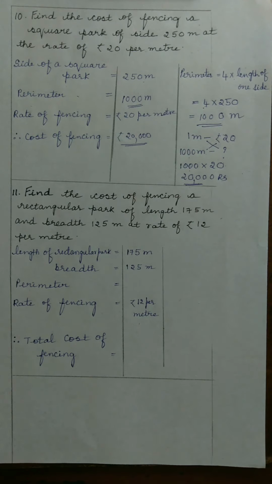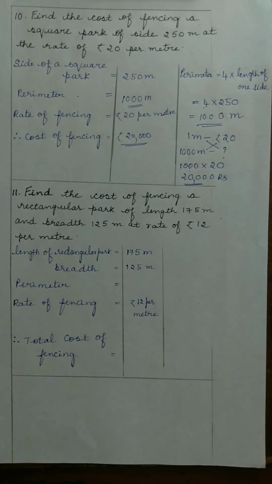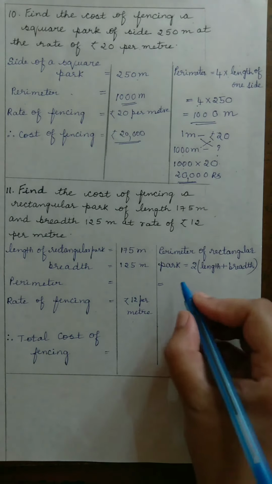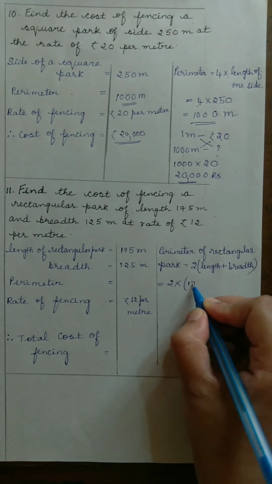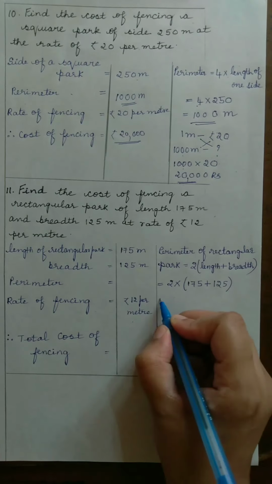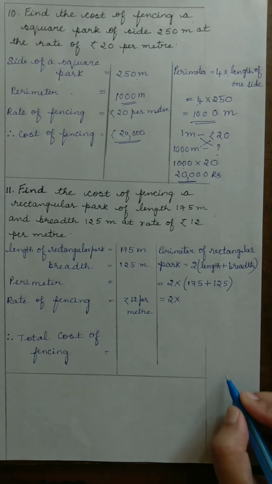To find the cost of fencing a rectangular park, first we need to find out the perimeter of the rectangular park with these measurements. We know that the perimeter of a rectangle is given by the formula 2 into length plus breadth. So it is 2 into the value of length 175 plus breadth value 125. Therefore, 2 into, let us first add 175 plus 125. So, children,